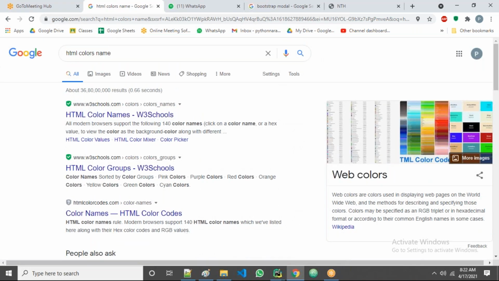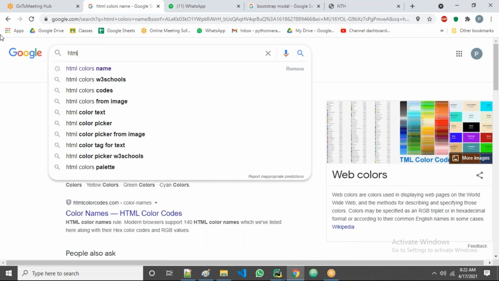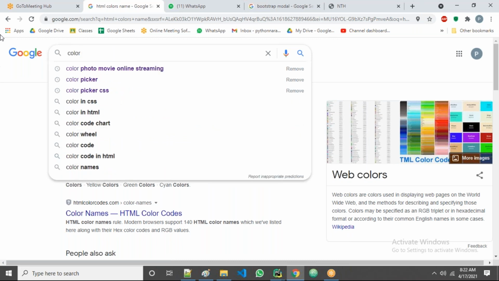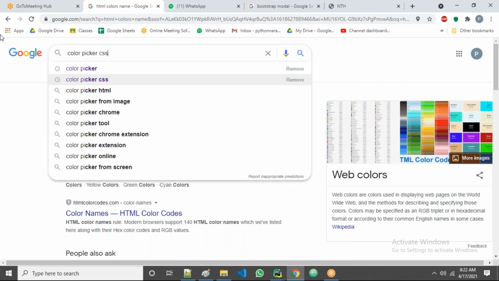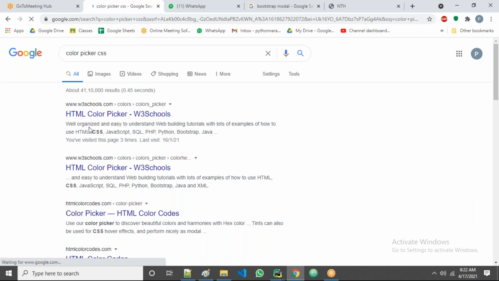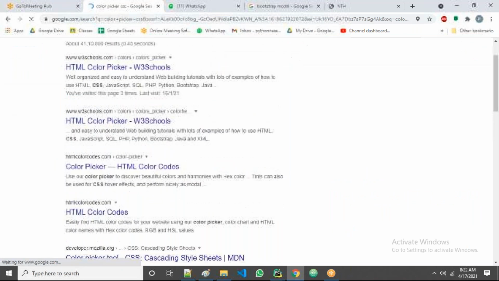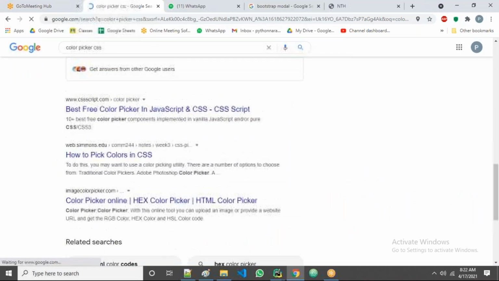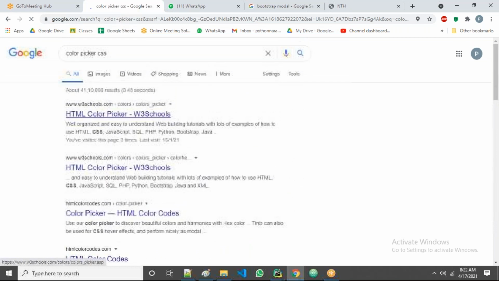Some name we have to enter here. Yes, I think CSS color pickers, correct. The name is color pickers class. Yes, very good. Okay, open any website here. Any website, guys?